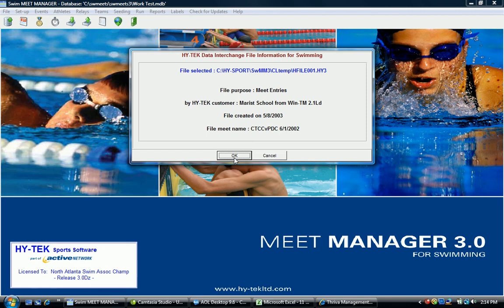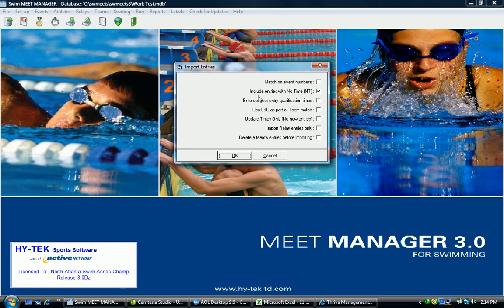Once you're okay with that, click OK, and it'll come up with this nice box that gives you options on what you're going to pull in. The only box that needs to be checked is the include entries with no time box. Click OK,